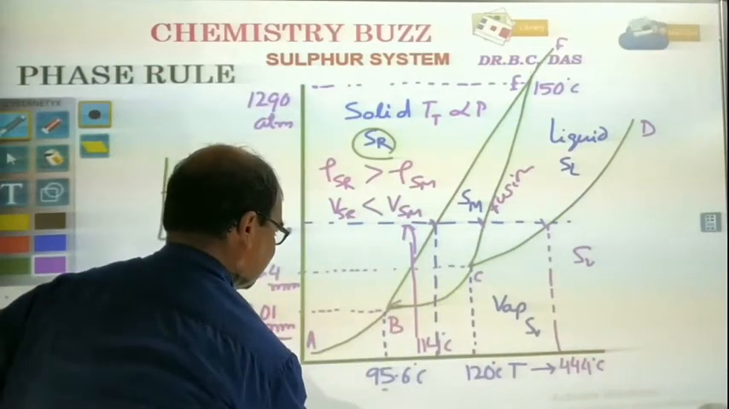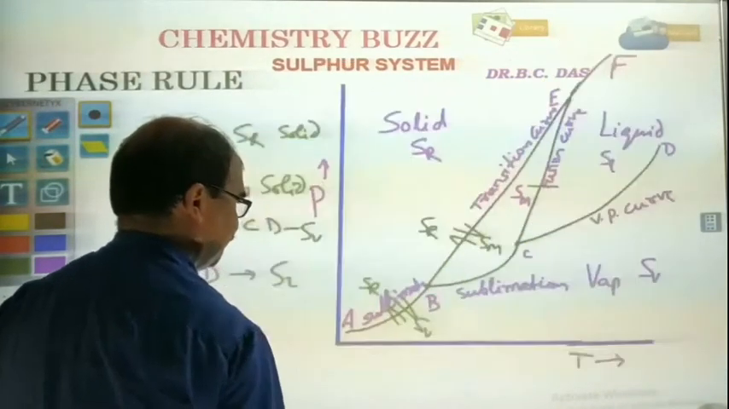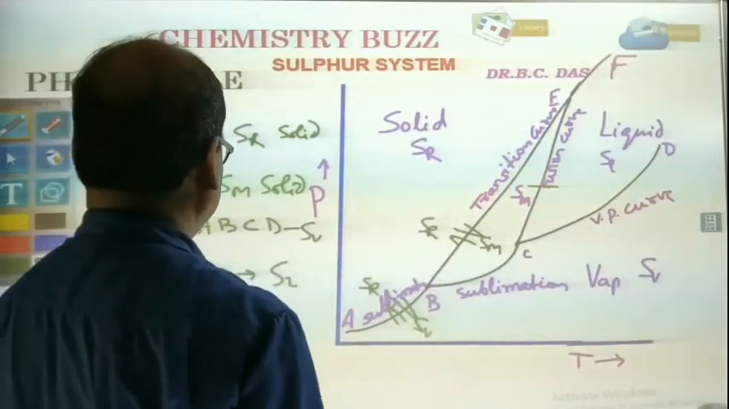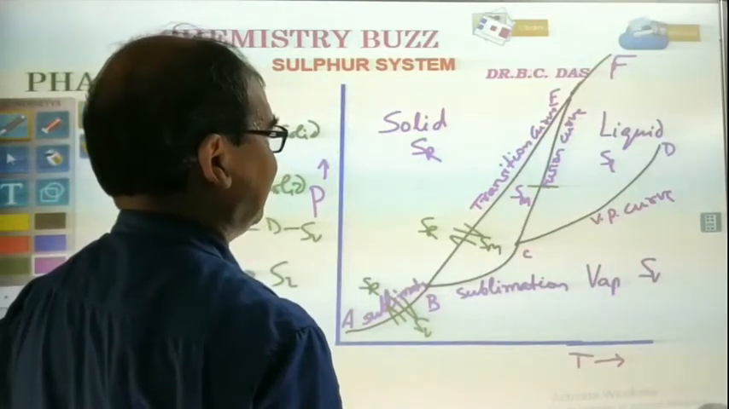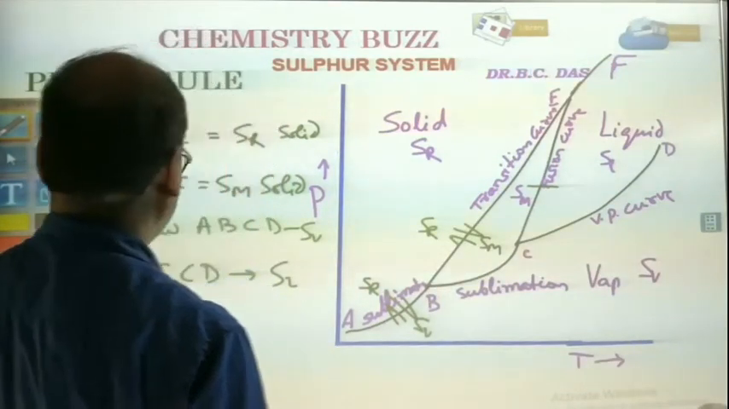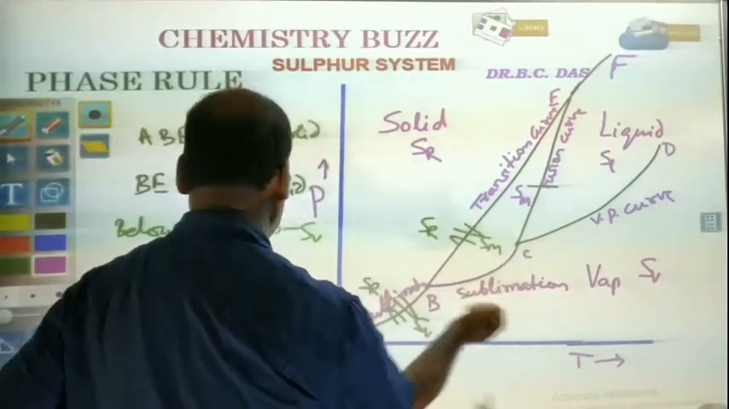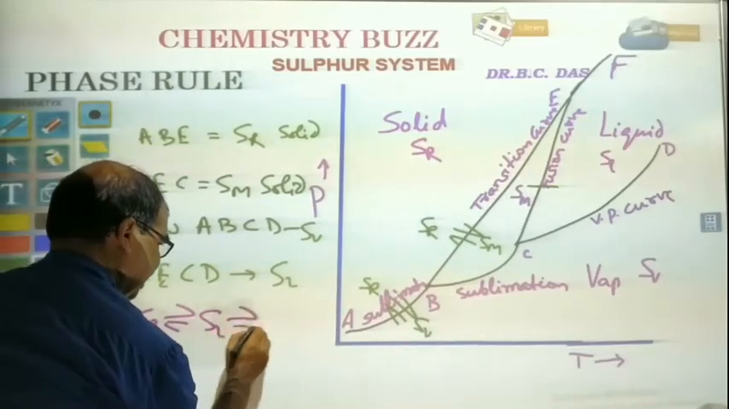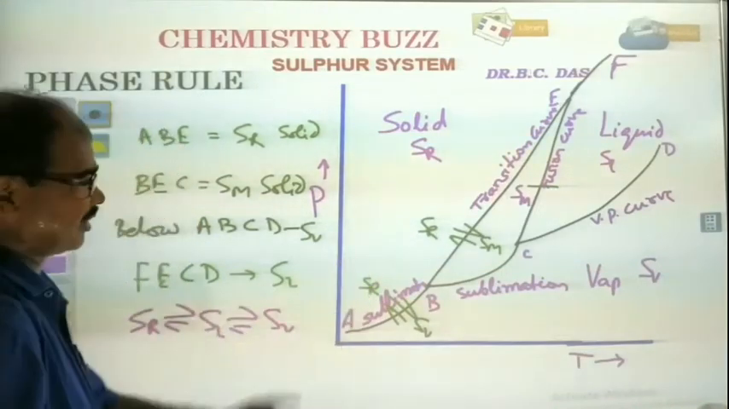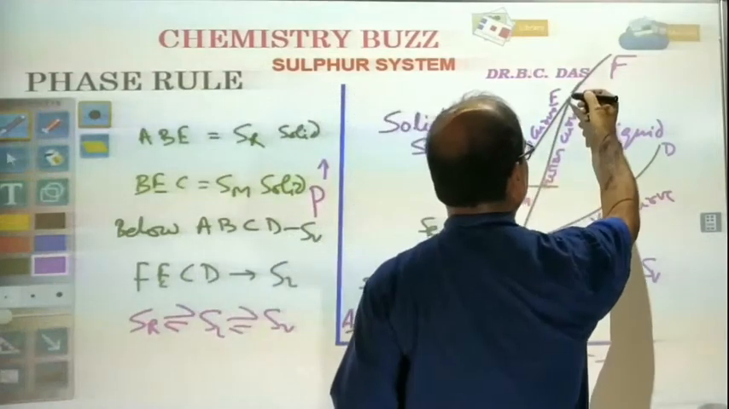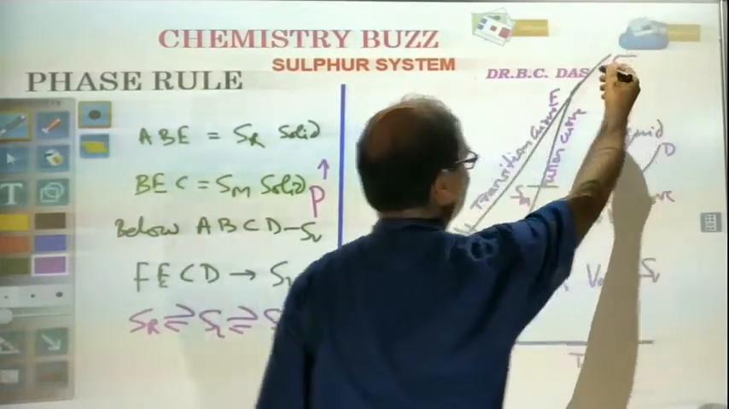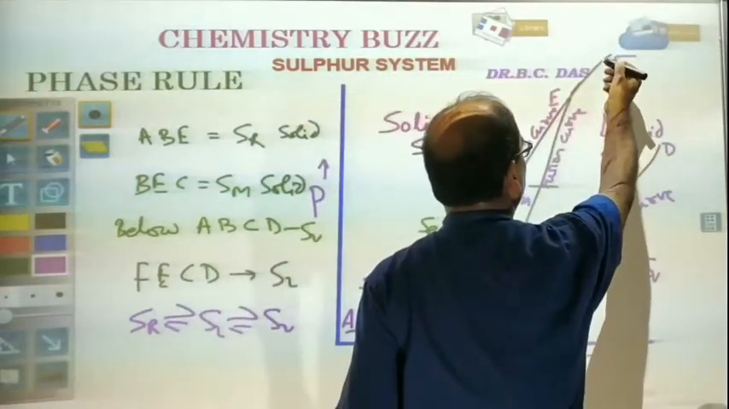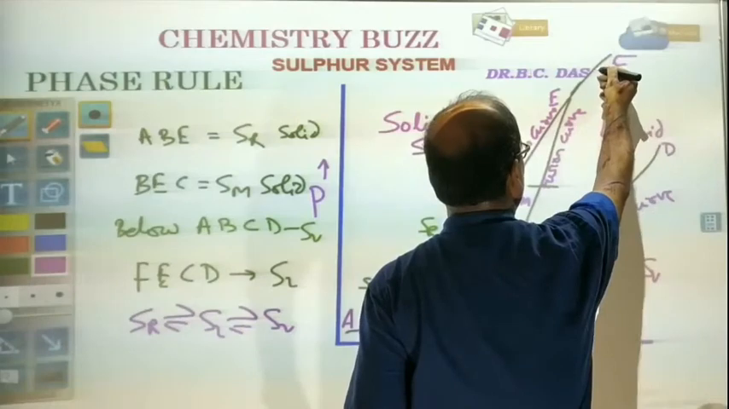So now let us calculate the degree of freedom for this line, and before calculating the degree of freedom, let us find the metastable equilibrium. We have already left one equilibrium, SR, SL, SV, unmapped. So EF is the fusion curve of SR, that is rhombic sulfur changes to liquid sulfur. So if you do the reverse process, that is if you cool it,